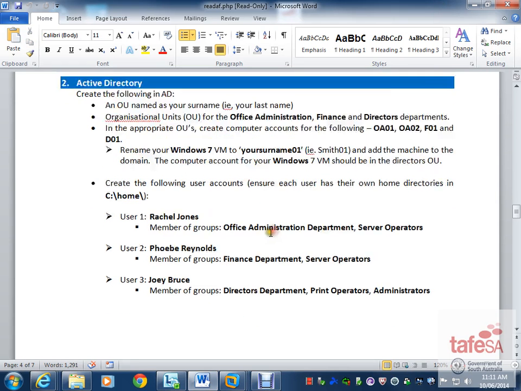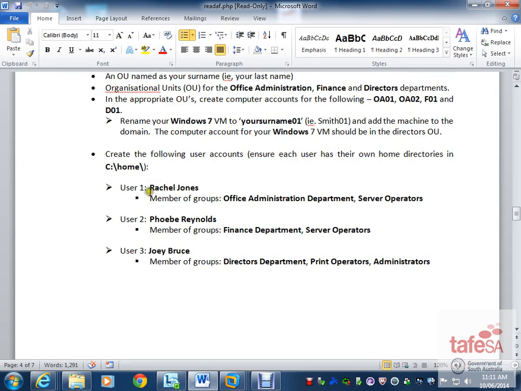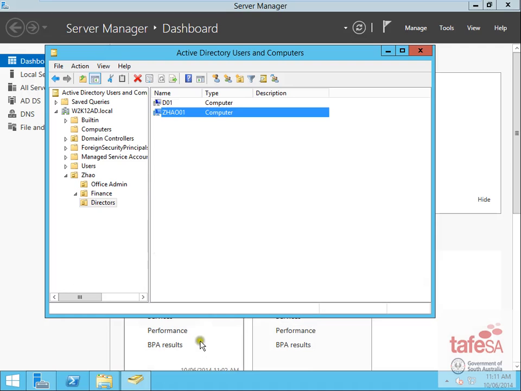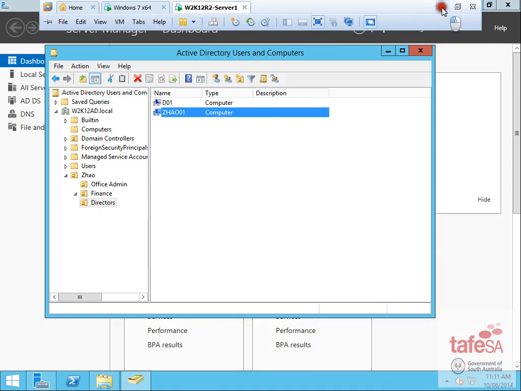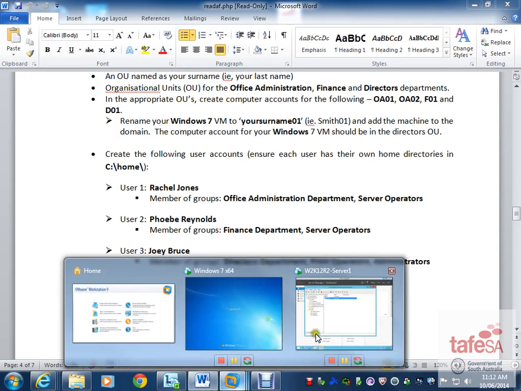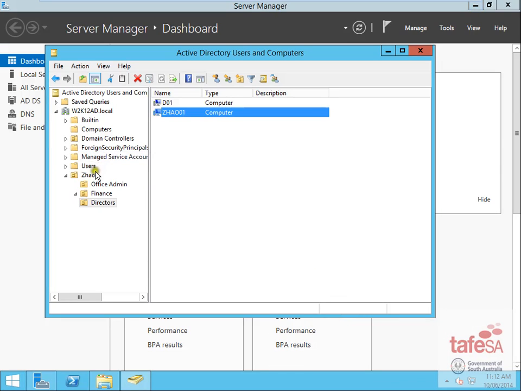Alright, what's next? Next is create the following user accounts. So these are 3 of them. And make sure they have their own home directory. So if you remember, there was a special trick with getting the home directory correct, and I'll show you that in a second. So let me just get the first one. Rachel Jones, who's part of the office administration department and also a server operator. So that's pretty important. So office administration, new user,